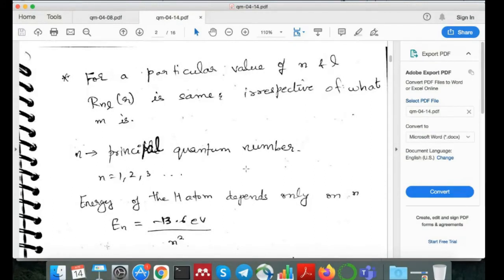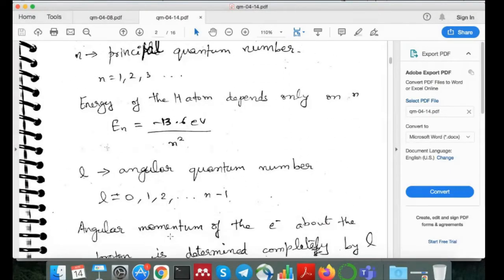And n is the principal quantum number. Now you can recall from what you learned in your 11th or 12th standard, since then you have been learning that n is the principal quantum number. Basically, this just represents your energy level. So the energy of a hydrogen atom depends on what value of n it has, that is the energy level that it is in. And the energy of that level is given by minus 13.6 electron volt divided by n square; all of these constants together turn out to be minus 13.6 electron volt.